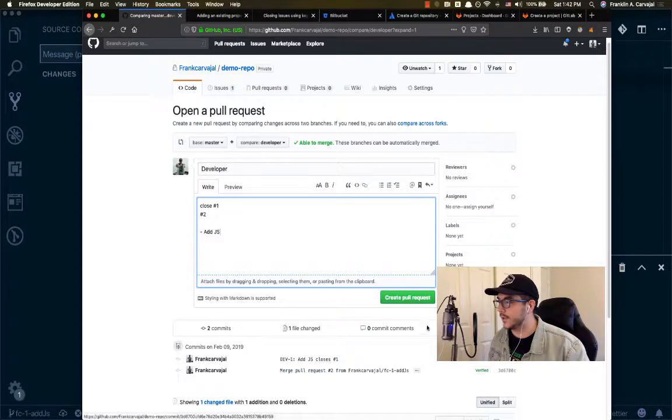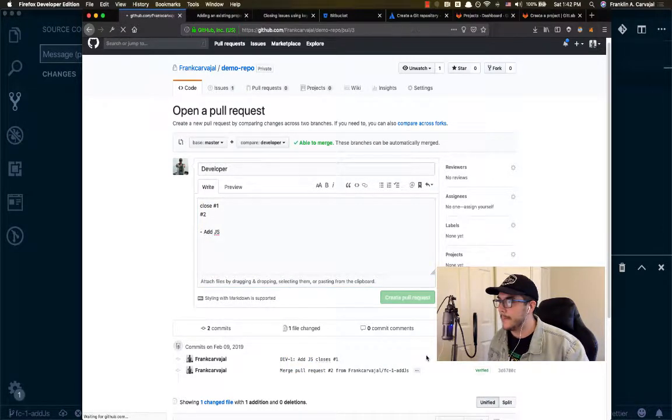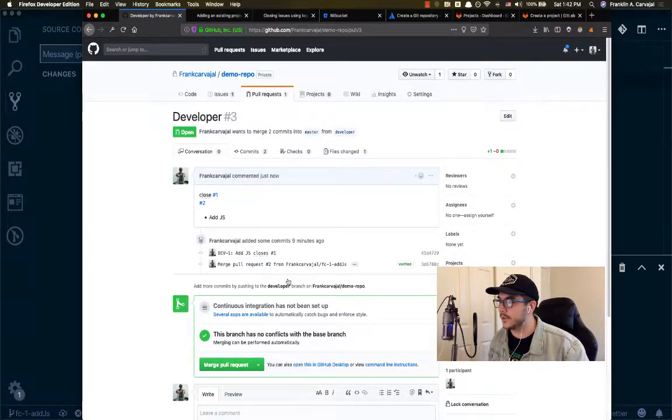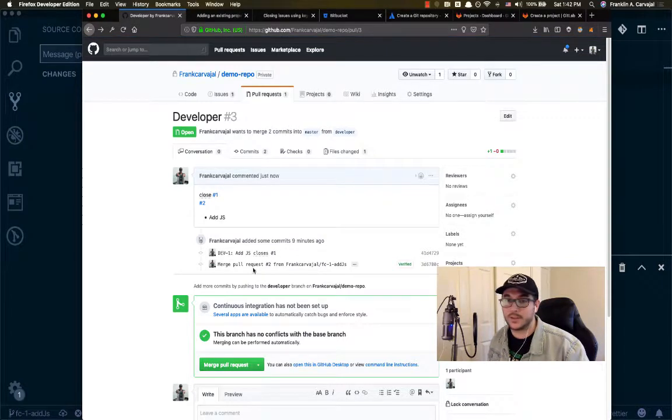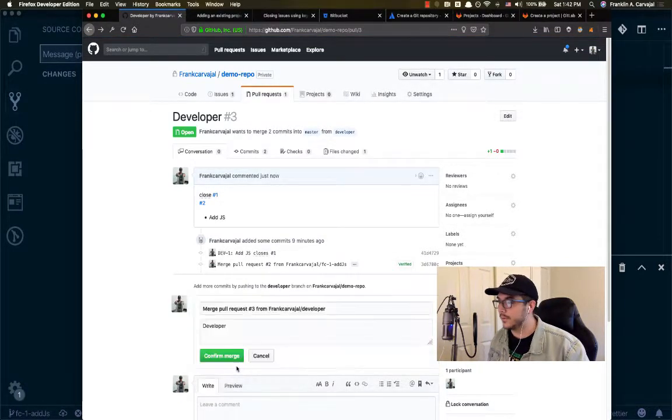You can see those changes here. And this is comparing development to master. We're good to go. We can see that all the files that were changed in this branch are still minimal. Maybe there would be other changes to the other files from other developers. And we are going to merge this to